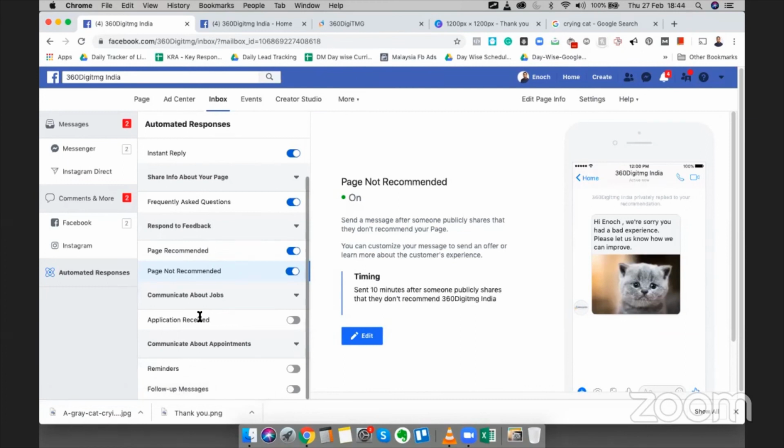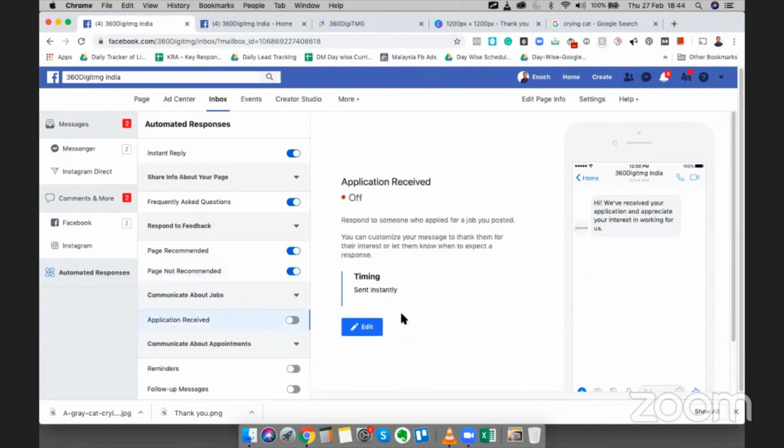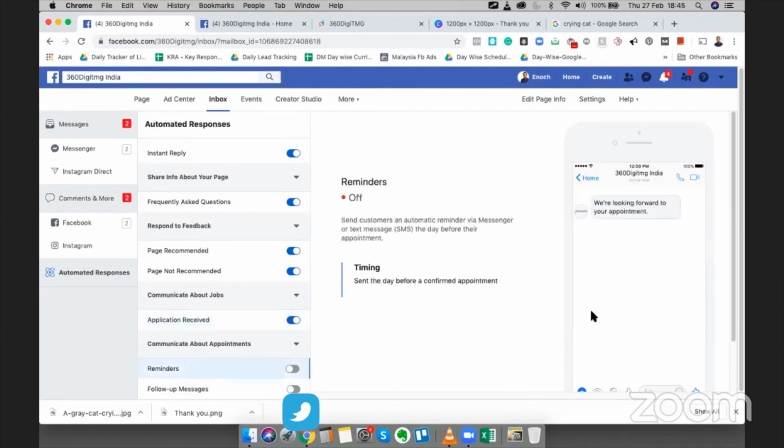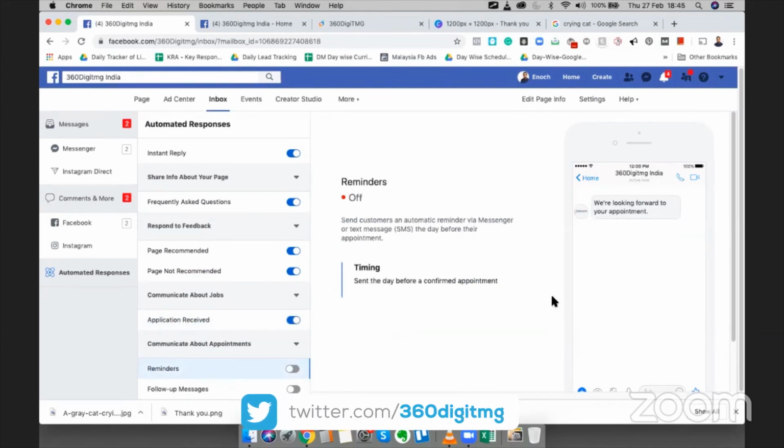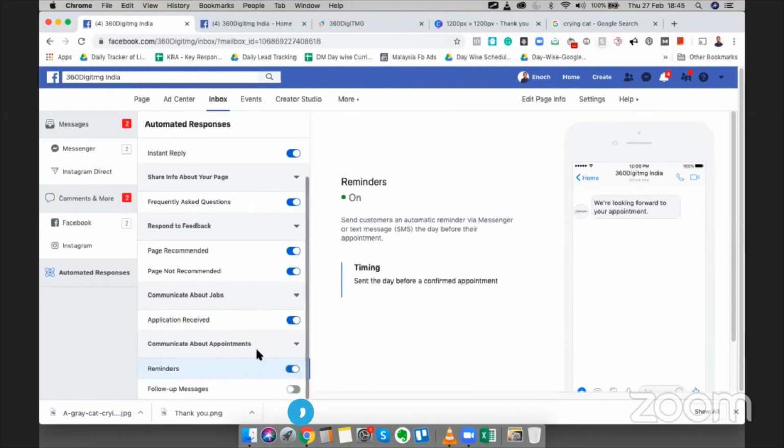And let's say you're creating any job, you can send an automated message. So let me switch that on as well. And let's say someone books an appointment with you via chat, you can set a reminder here.